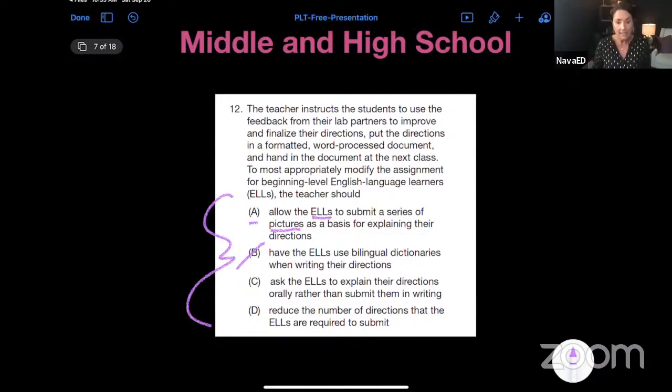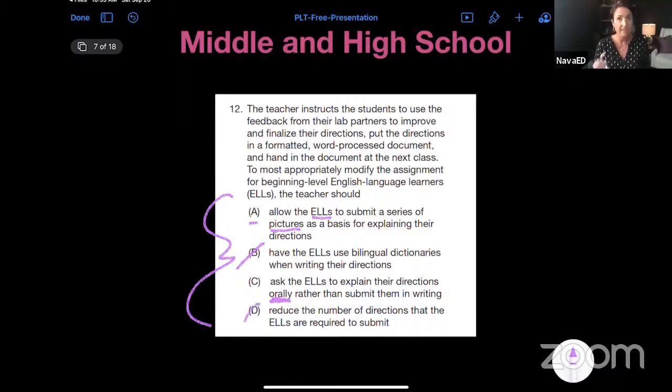C, ask the ELLs to explain their directions orally rather than submit them in writing. I like C as well because orally is an accommodation for ELLs. So I've got A and C, and most of you chose either A or C. Let's go with D. Reduce the number of directions that ELLs